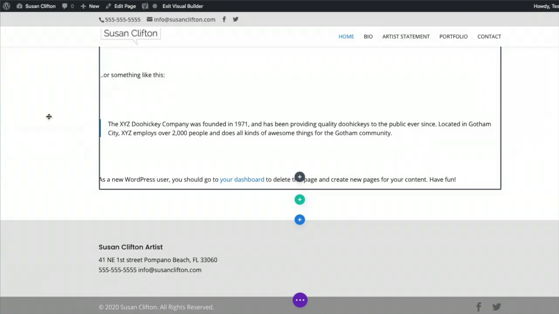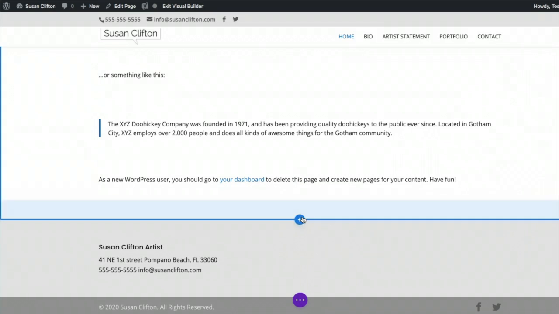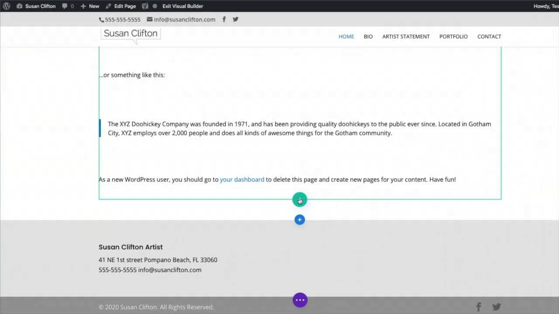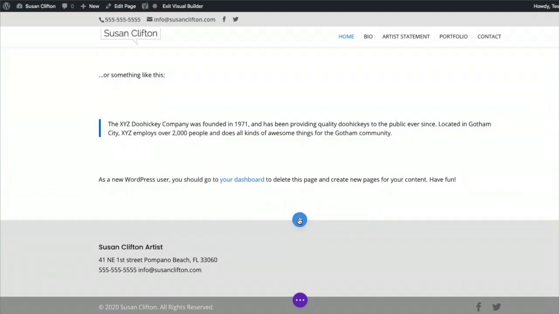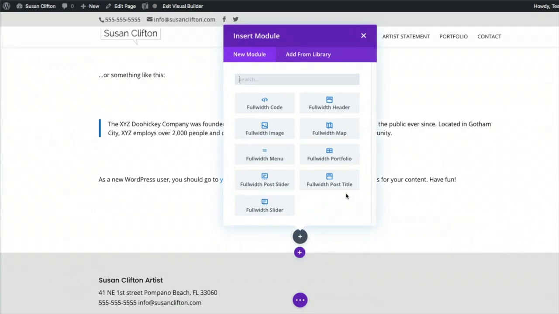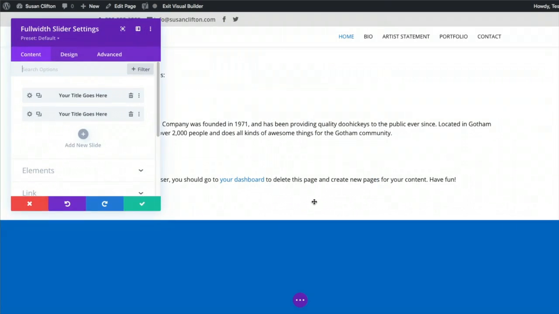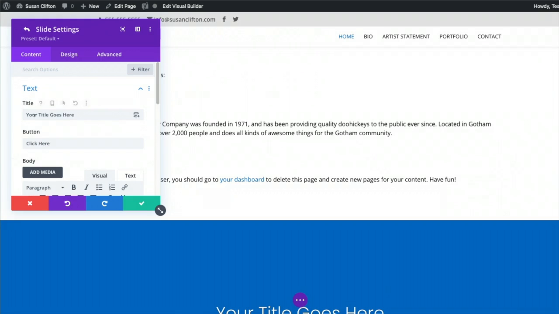If I want to add a new section, I click the plus sign. If I want to add a new row, I click the green plus sign. So I'm going to click this one, and I'm going to choose a full width slider. And it defaults to 2, so we're going to put in some text,